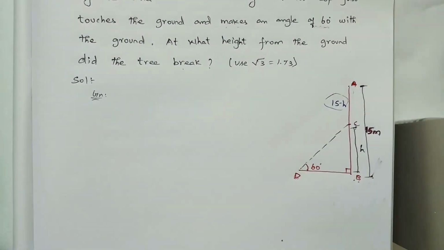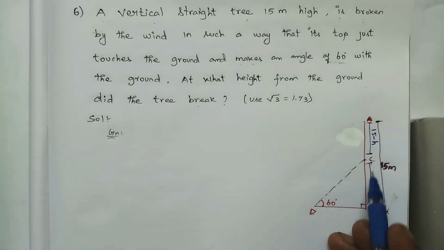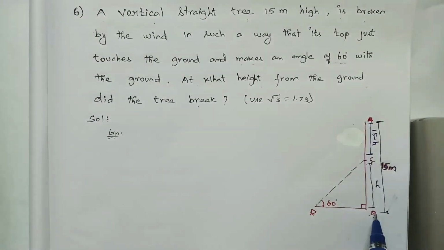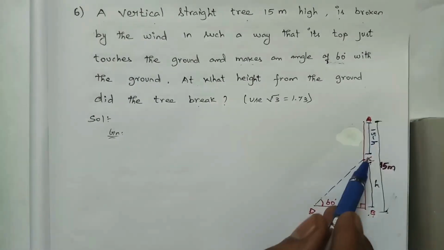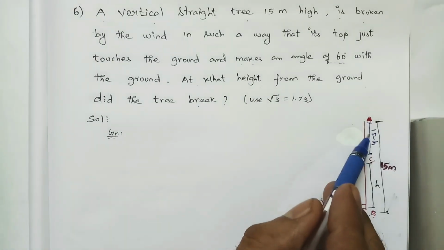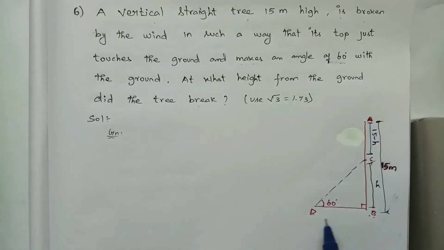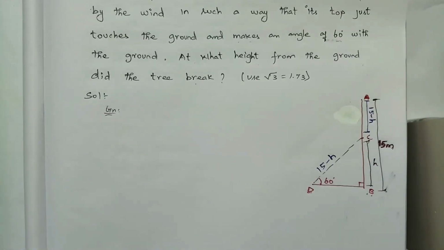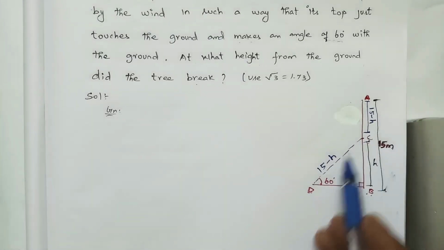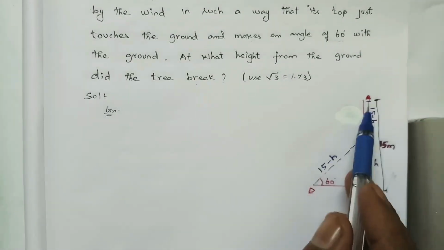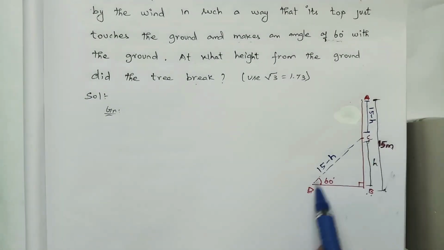This AC is nothing but 15 minus the total height, 15. I'm just subtracting this BC part, then the remaining part is nothing but 15 minus H. And I already told you that AC is equal to CD. The height of AC is 15 minus H, which means CD is also 15 minus